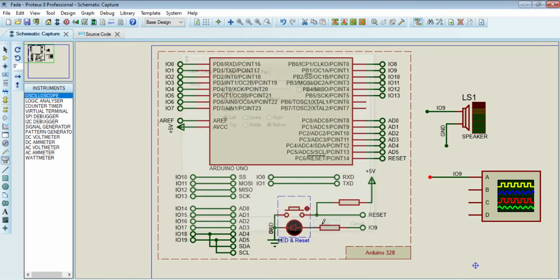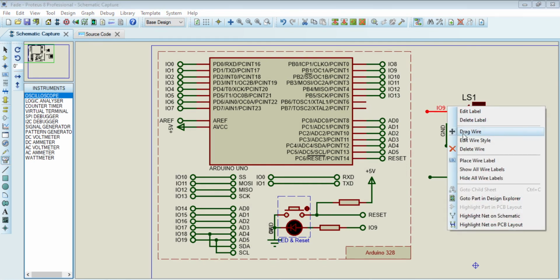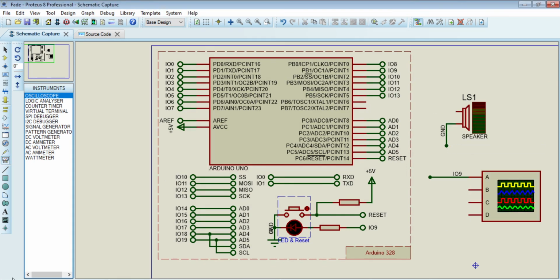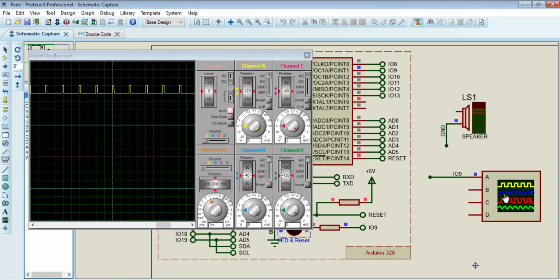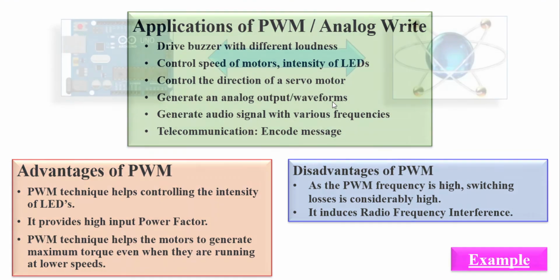In this way, you can explore more features of this particular functionalities. Just let me stop the speaker because it is making noise. So I will delete this wire and you can see the effect of PWM pulse width modulation taking place on pin number 9. So please explore this particular simulation more,